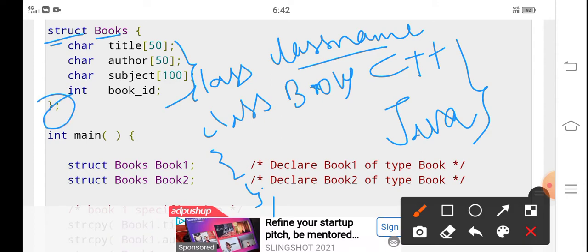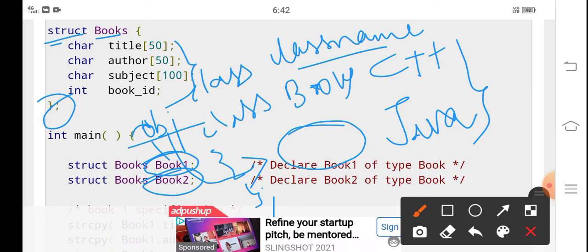Whatever we access in a structure through structure variables, here in a class we call those variables objects. This object is used to access the variables and functions inside the class. Here variables are called data members and functions are called member functions.